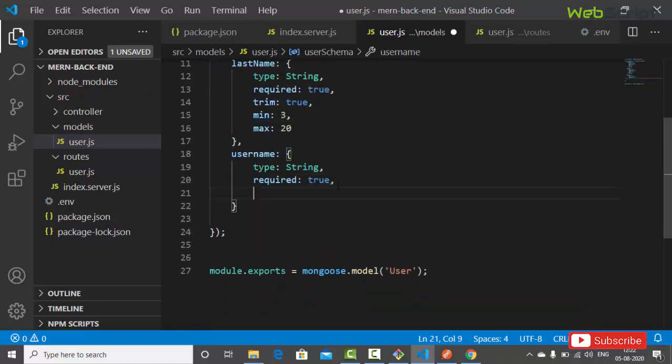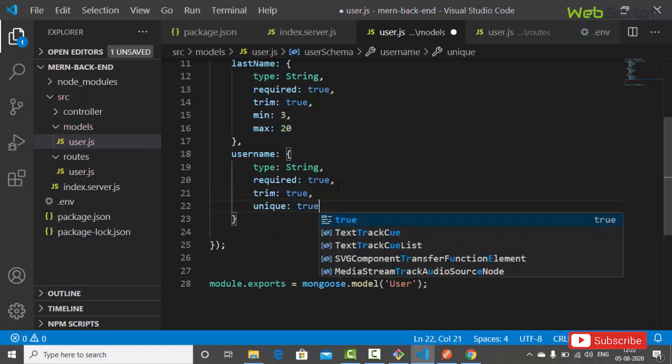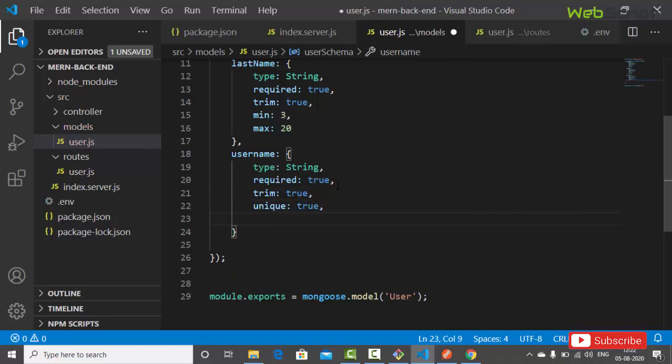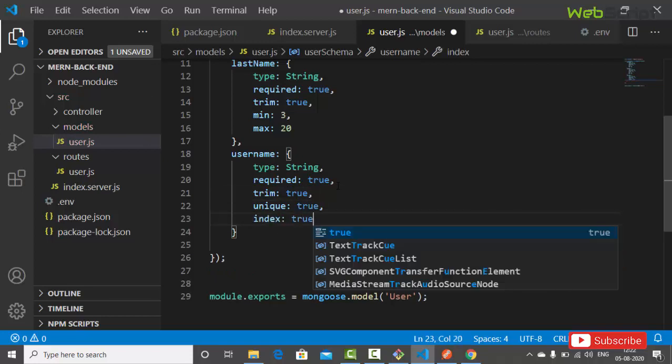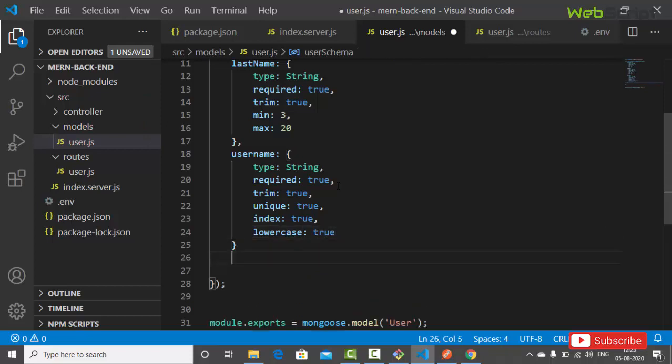And here we are going to say trim true, and unique true, so every user will be unique. Indexing is also required, so we can query based on the username also. And what else? That's fine. Lowercase, everything should be lowercase, true, and that's it. So this way we can define our schema: username, email,